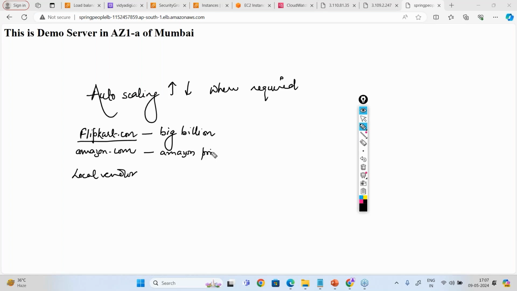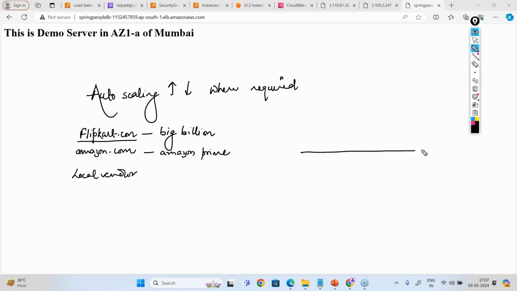Now think of a scenario that they are having a sale from, let's say, today's 9th, they're having a sale from 12th of May till 15th of May. Now they have a sale from 12th of May to 15th of May.